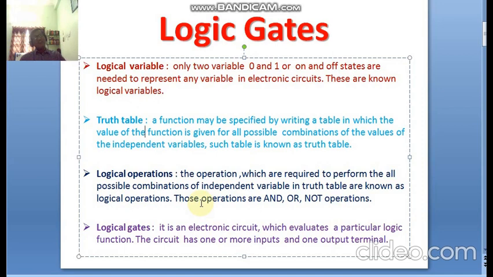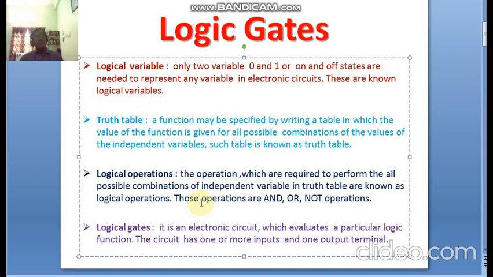So in order to get the resultant function, we are performing operations on the individual variables A and B. That means C can be written as A plus B, or A minus B, or A into B, or A divided by B. So these are the possible combinations. In order to perform these combinations, we are using plus, minus, into, divided by mathematically. So these are said to be operations.